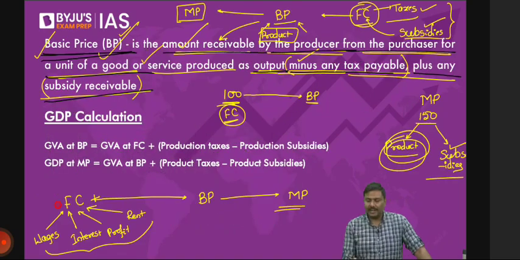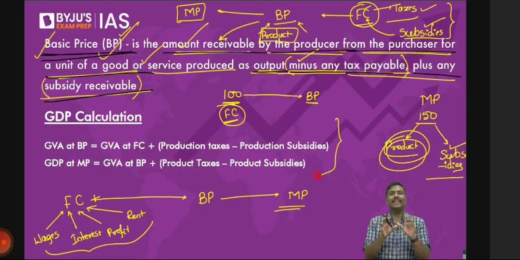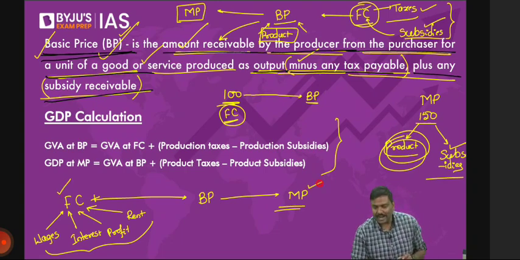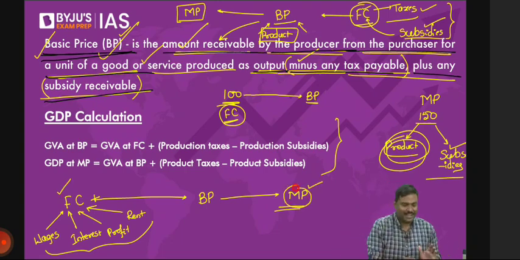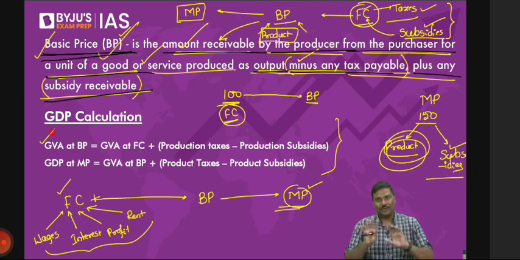What is the next point here? It's very simple. I need to put everything that we have discussed in the formula. I've told you we need to start with the factor cost and arrive at market prices. Many of you looking at these two formulas will have a heart attack now. Don't have a heart attack. You've understood the earlier one. This is the same thing.